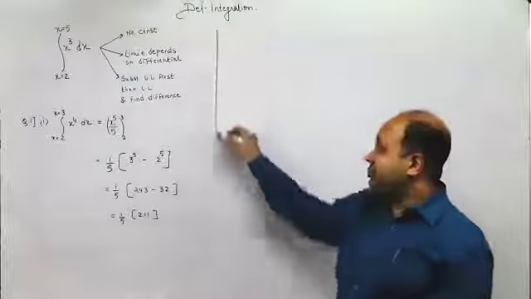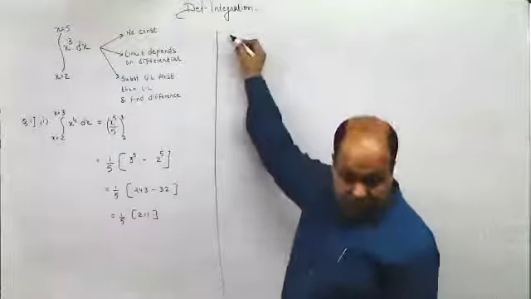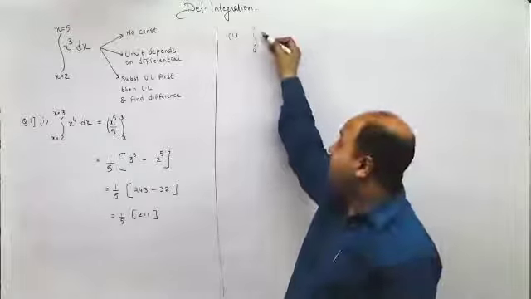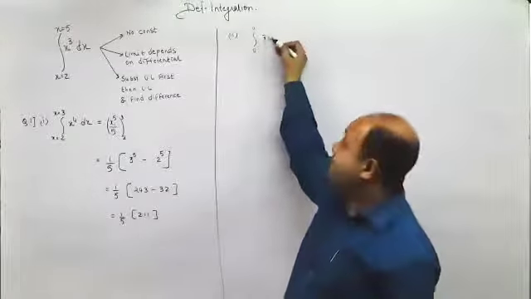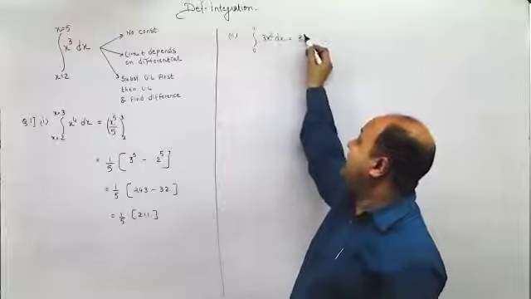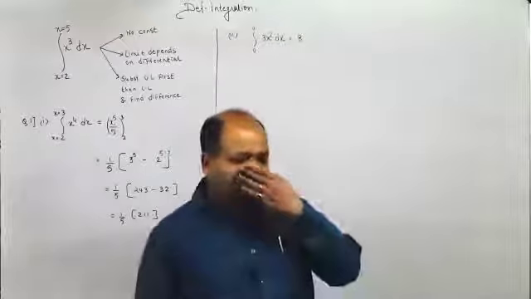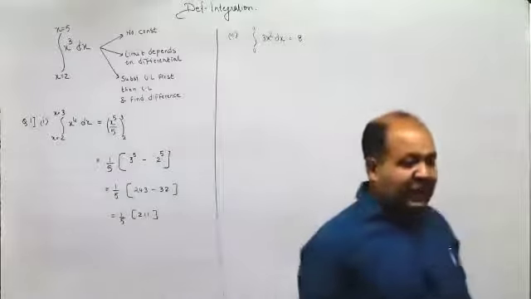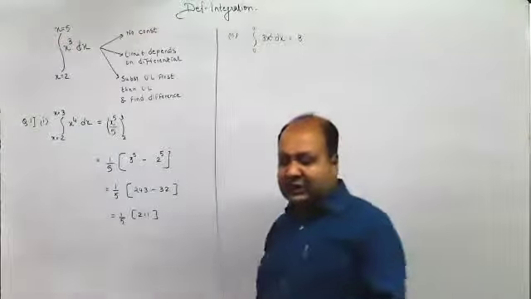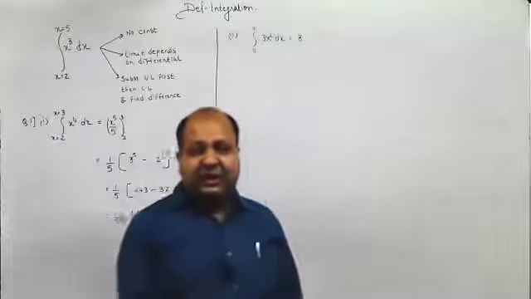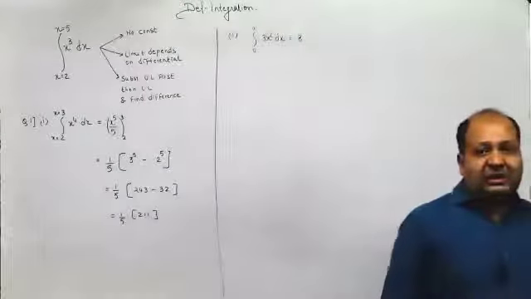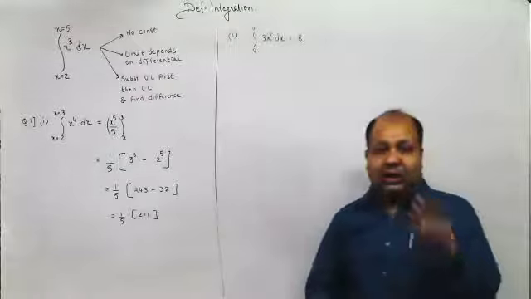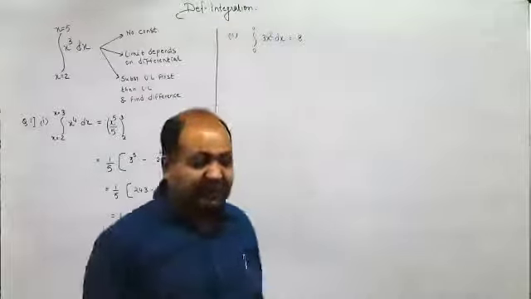Second part. Integral from 0 to a of 3x squared dx is 8. Now today there has been a newspaper article which states that some of the questions which have been put in this HSC board sheet are not from the syllabus, but you don't need to worry about it. As it is, we have covered each and every sum. So as far as you all are concerned, you won't face any problem for the same.